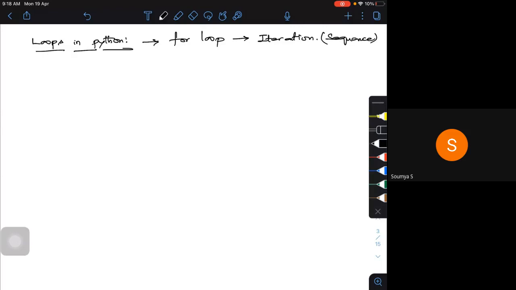So what will be the syntax for the for loop?